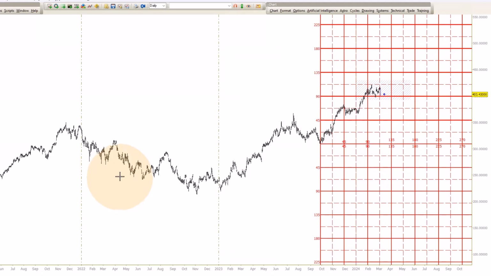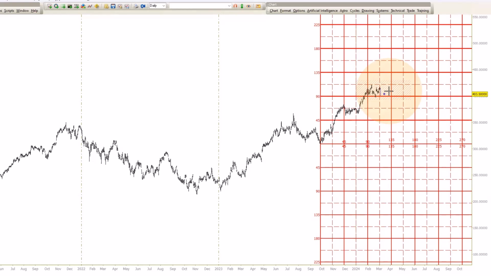Just real quick, also, 112. I mean, this is 90 plus 22 and a half. So 112 just happens to be the square here in time and price. And 112, when these things hit, it doesn't always have to be 90 by 90 or 180 by 180 or 360 by 360. 112s hit as well as 67 and a half. So the numbers are okay, and we're just looking for evidence now.